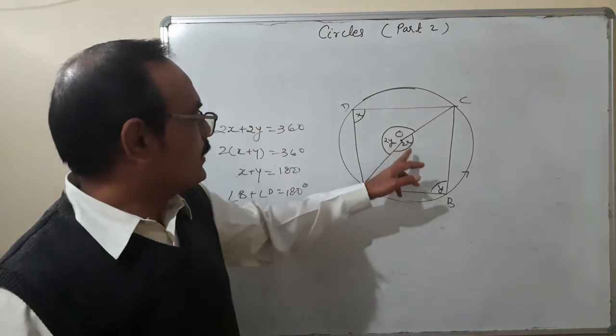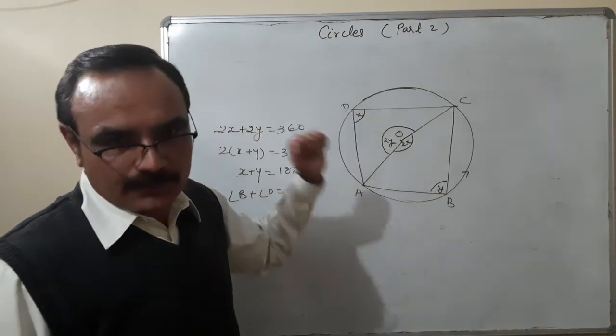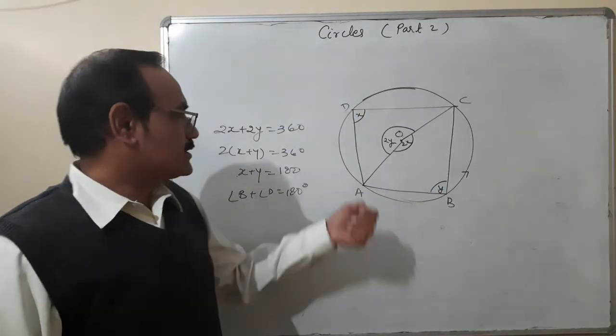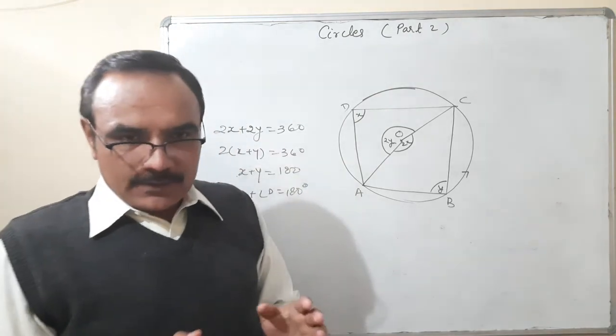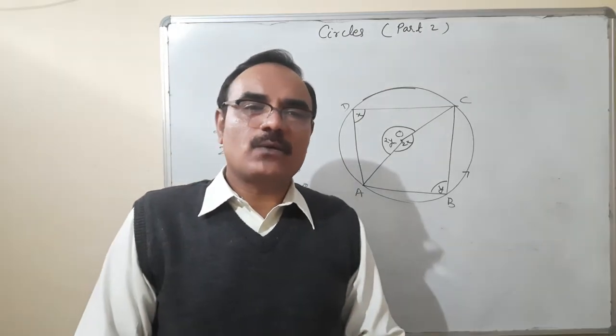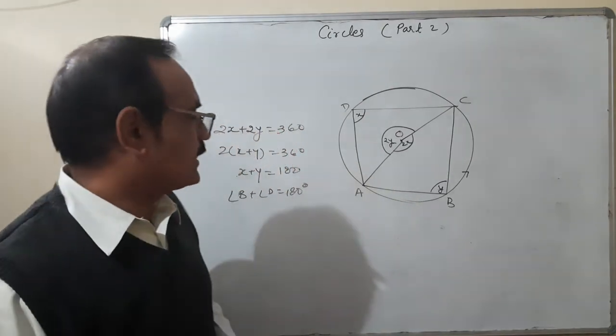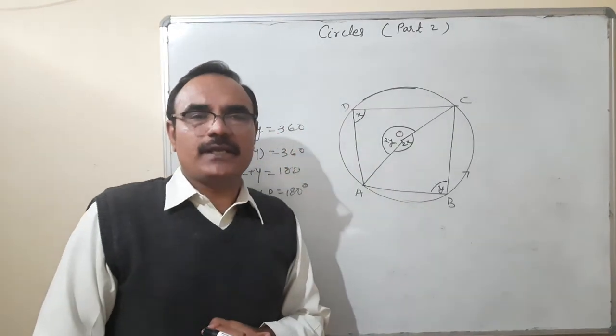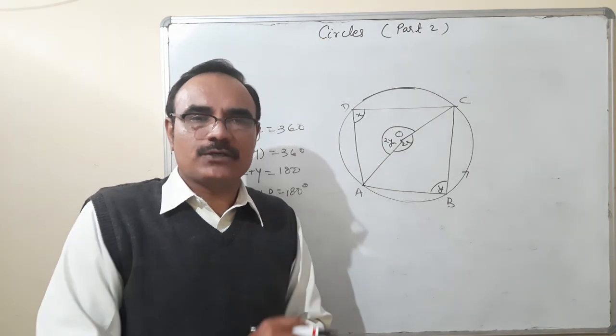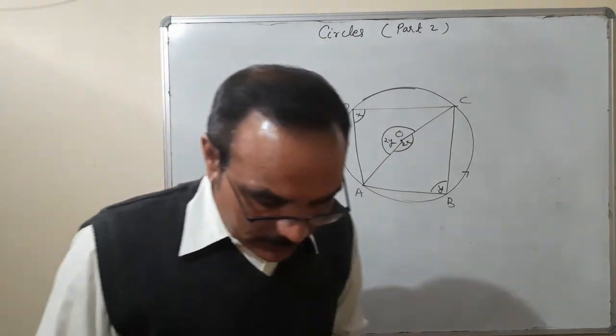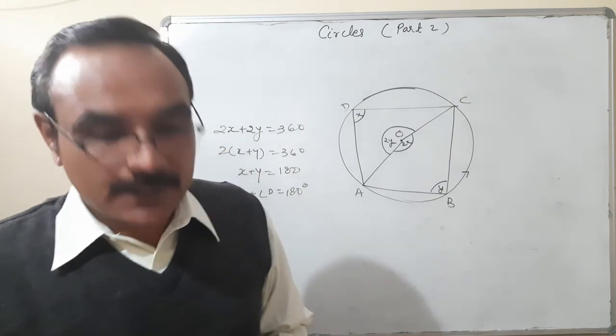Using the same thing, you can join O to B and O to D. Okay. Right. So this is also one of the theorems: sum of either pair of opposite angles of a cyclic quadrilateral is 180. Vice versa, the converse part is also true. If a quadrilateral has opposite angles whose sum is 180 degree, this quadrilateral must be a cyclic quadrilateral. Okay. So friends, these are all the theorems of this chapter, circle.